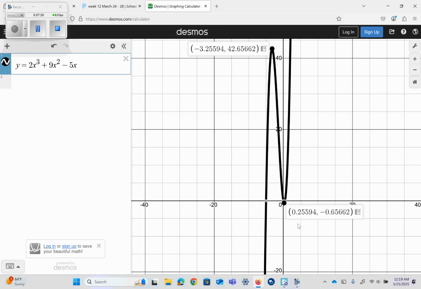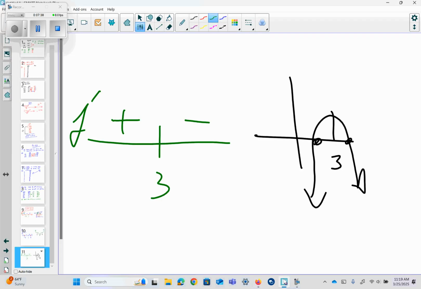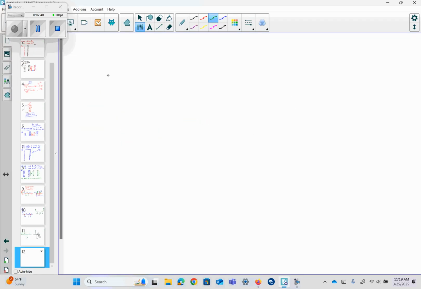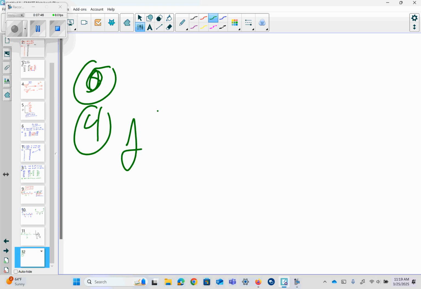-3.25 to 0.25 decreasing and 0.25 to infinity. There we go. Increasing. All right, so based off this, the local minimum and local maximum, we can show where it's increasing or decreasing. So for number 5, or number 4, excuse me, if we had this equation,